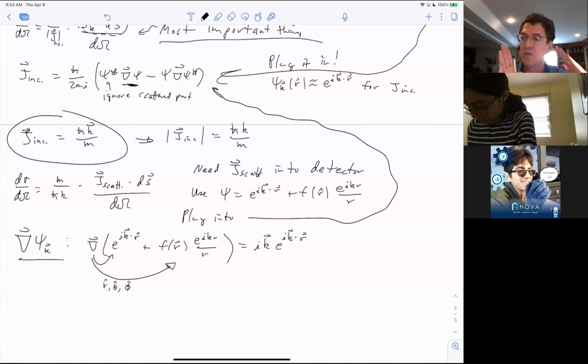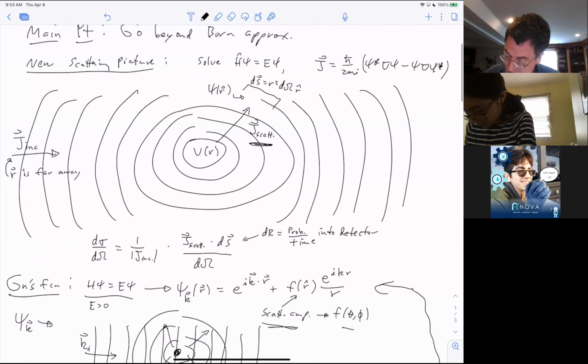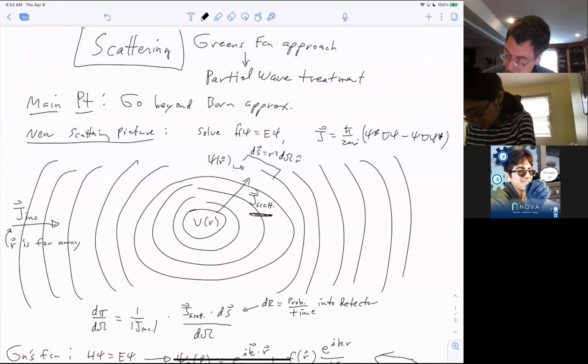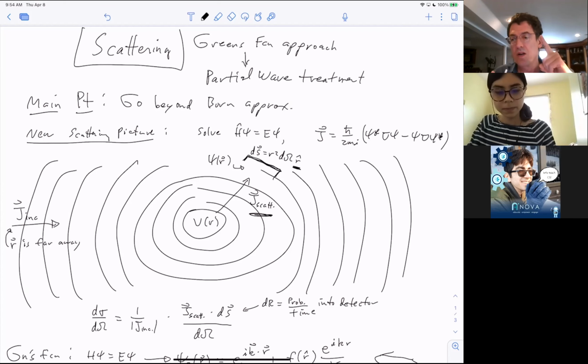And one term gives you a component in the r hat direction, one gives you a term in the theta hat, and the other in the phi hat. I just want you to notice that what we're talking about is flux going into the detector. Now here you see the detector. When you dot the flux into the detector, the area dS is proportional to r hat. So what that means is we only care about the flux going in the r hat direction, because other flux, if the flux is going in, for example,